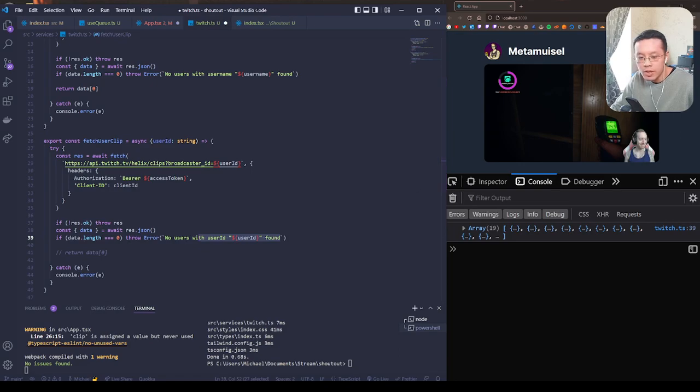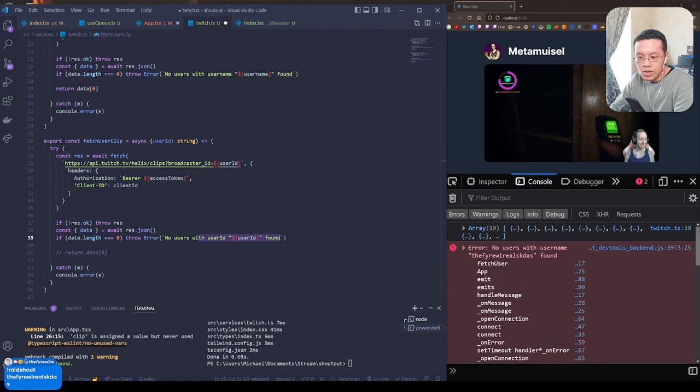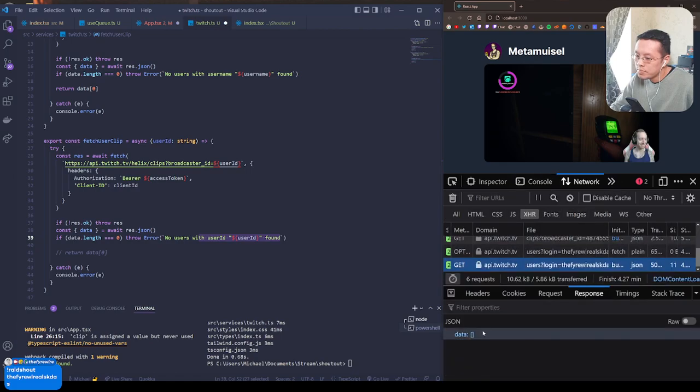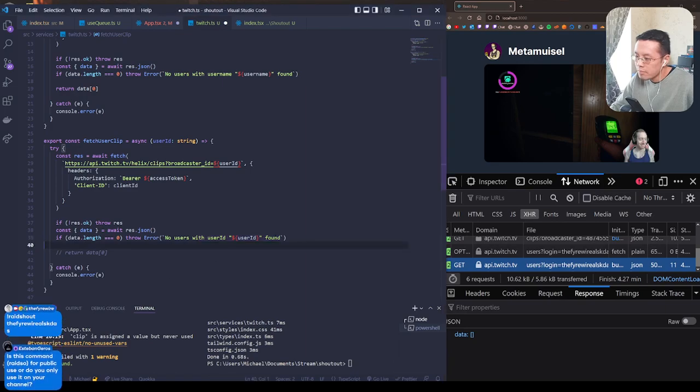Interesting. What happens if I try an invalid user? No usernames with okay. Because data is empty. But that might just mean that